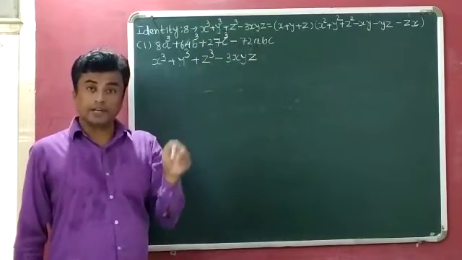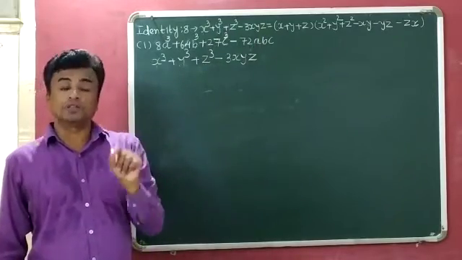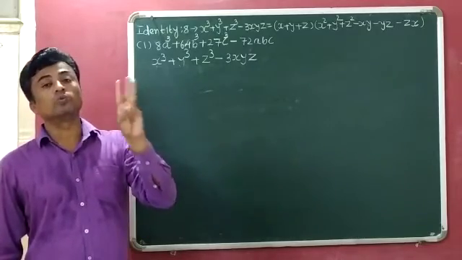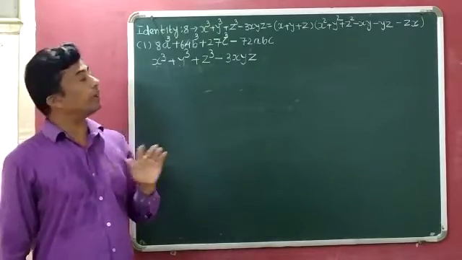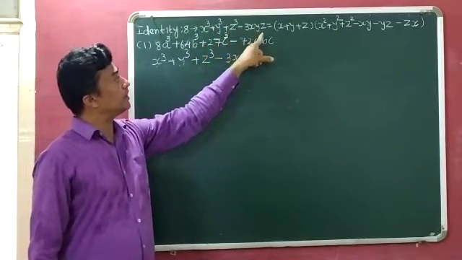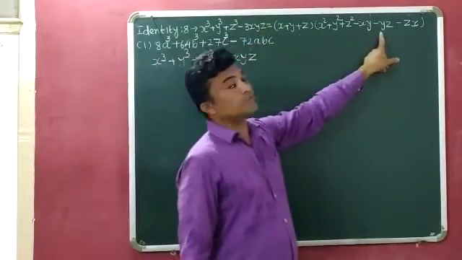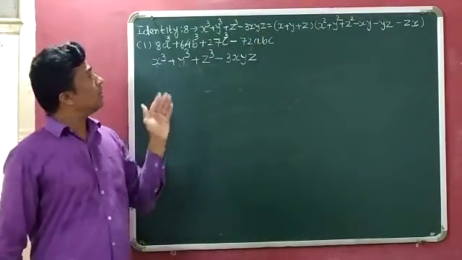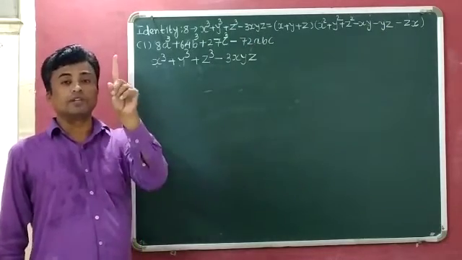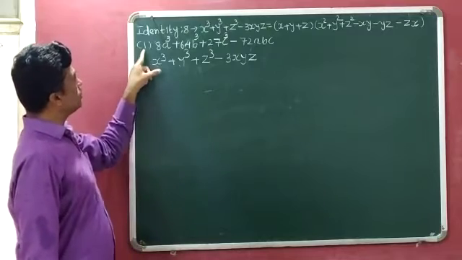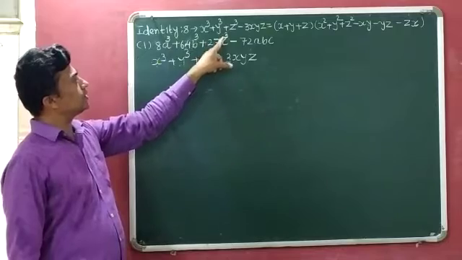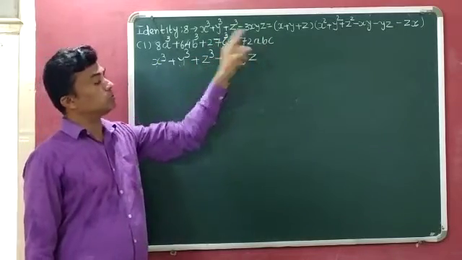So the fourth term is negative and it is the product of 3 and the cube root of the first term, the cube root of the second term and the cube root of the third term. Then only we can use this identity x cube plus y cube plus z cube minus 3xyz is equal to, this we have to write. Now, how can we use this identity number 8 in a question? I can explain with the help of one question. Question number 1: 8a cube plus 64b cube plus 27c cube minus 72abc.